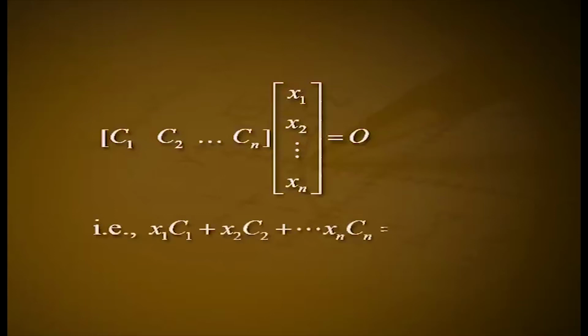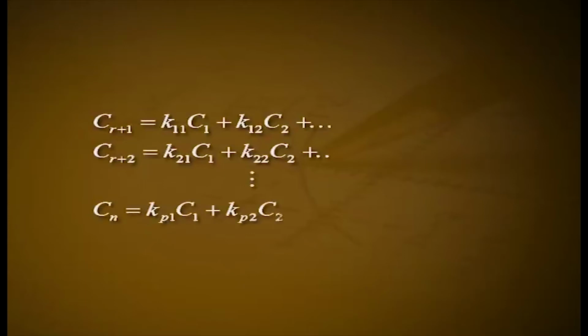Let A is equal to C1, C2, etc., Cr, Cr plus 1, etc., Cn, so that the equation Ax is equal to 0 is equivalent to the matrix C1, C2, etc., Cn into column matrix x1, x2, etc., xn, which is equal to 0. That is, x1 C1 plus x2 C2 plus etc. plus xn Cn is equal to 0. Equation number 7. Each of the columns Cr plus 1, etc., Cn is a linear combination of the first r columns C1, etc., Cr. Hence, there are relations of the following form.